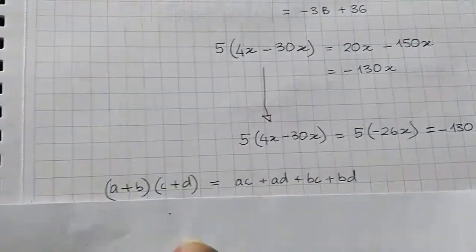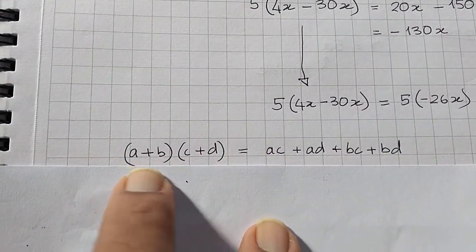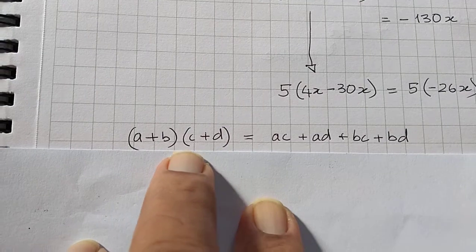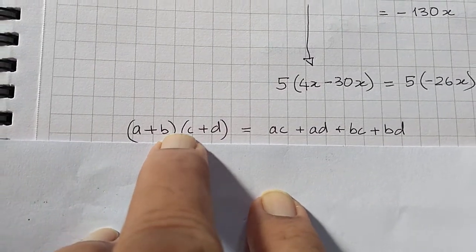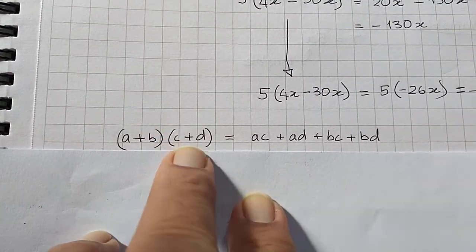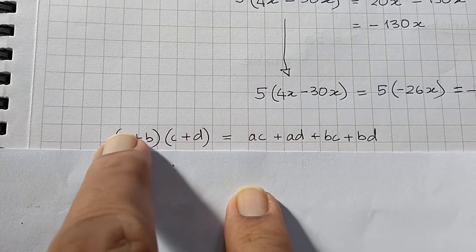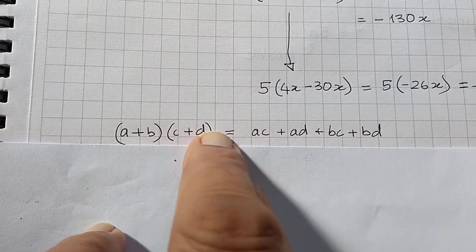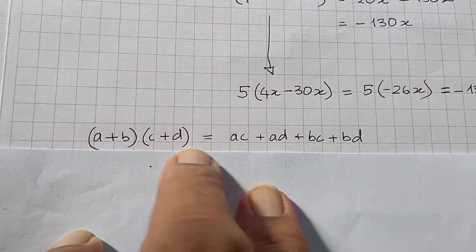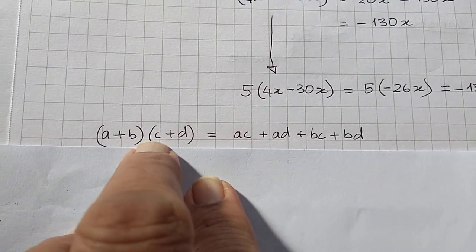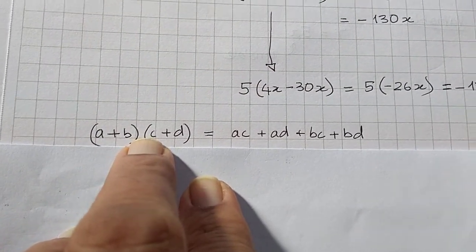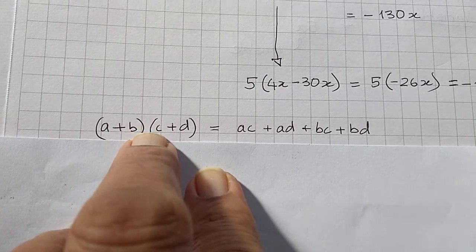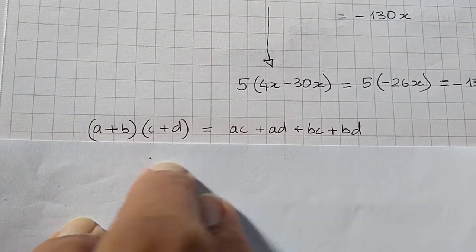Okay. Now what happens if I take something like this, a plus b into c plus d. Now remember, I have not put a dot there, I have not put a multiplication sign there. Where you have two brackets touching like this, it means multiply whatever is on the left with whatever is on the right. That is just a convention. You could put a dot there, or a multiplication sign in between.